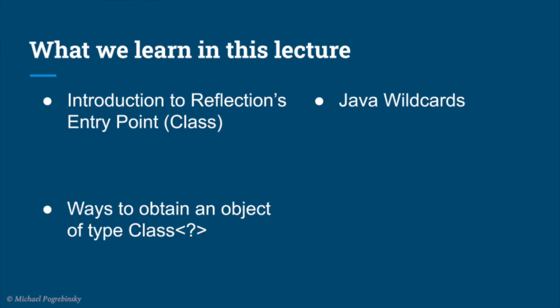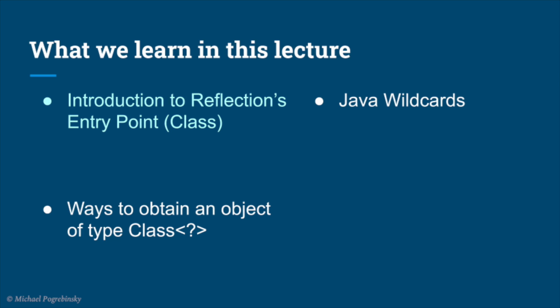In this lecture, we're going to learn about the Java Reflection API's entry point, the Class object, from which we'll be able to start writing our reflection logic to look inside our application's classes and objects. We'll learn how to obtain that Class object, and finally, we will review Java wildcards, which are not directly related to Java Reflection, but since we are going to make extensive use of them, it's a perfect point to have